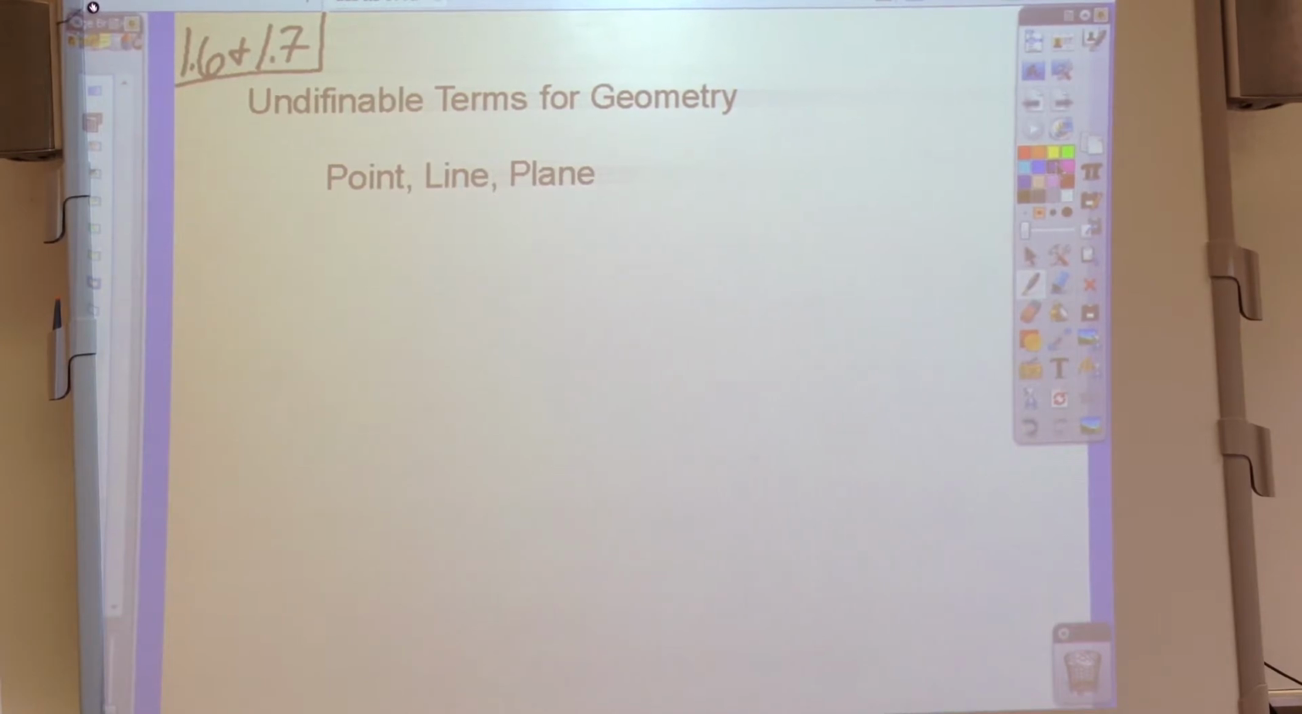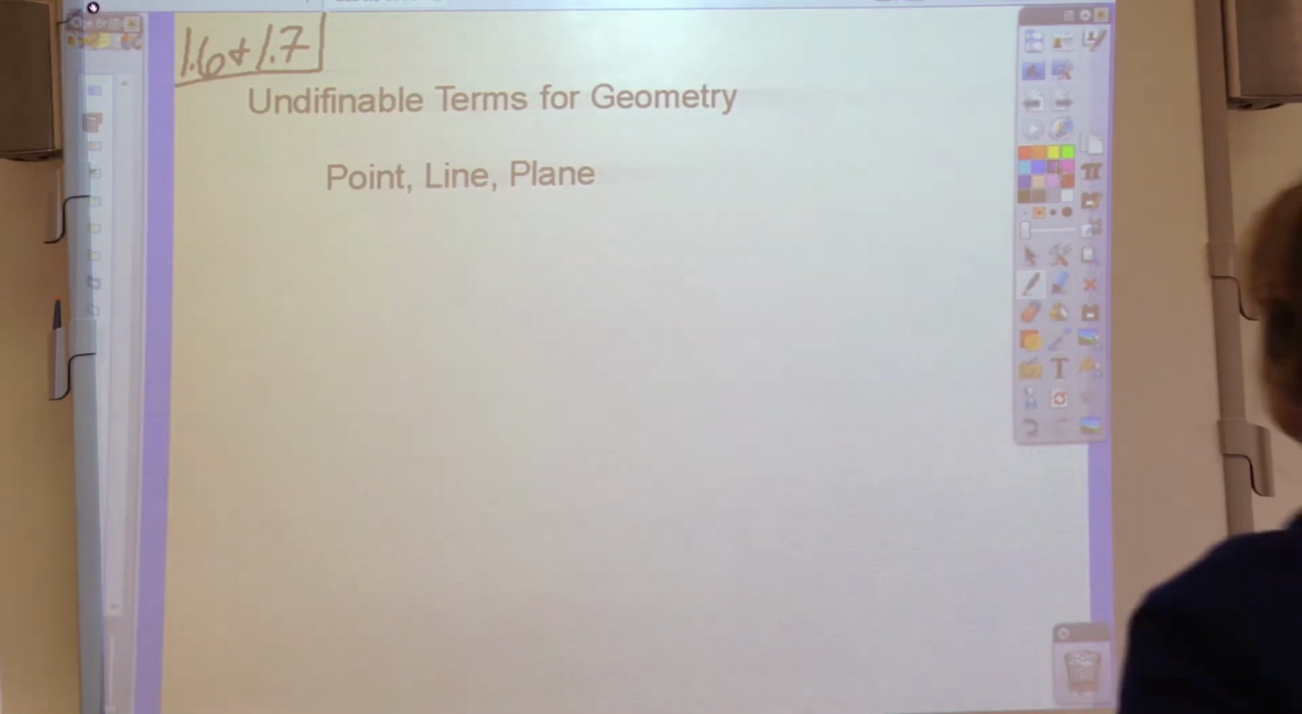And today we're going to talk about undefinable terms and why they're undefinable. Our first undefinable terms for geometry are point, line, and plane. And that is because all of these terms, in order to define, end up utilizing circular reasoning. And we'll talk more about that tomorrow. But for now,